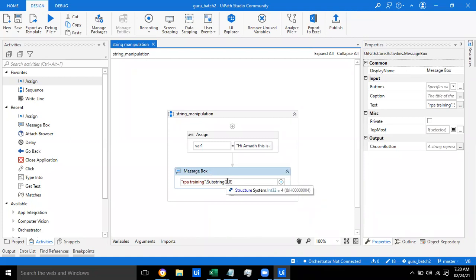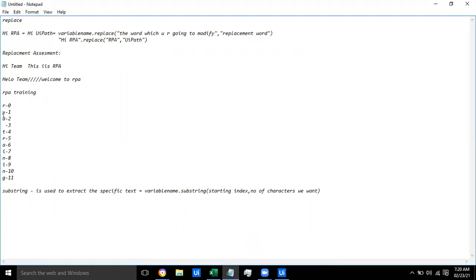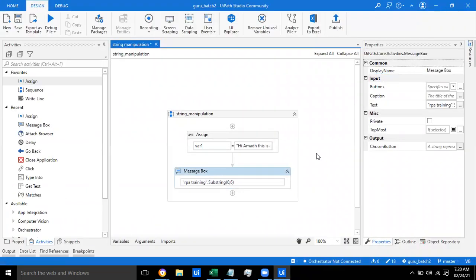0, 6. And in this scenario, I don't want this space. RPA space TR will be my output, right? So in this case, I don't want the space. So what can I do? Replace. Super.